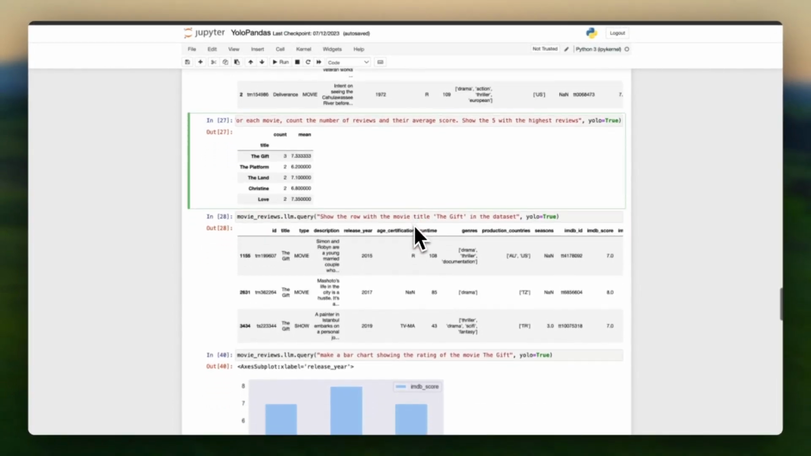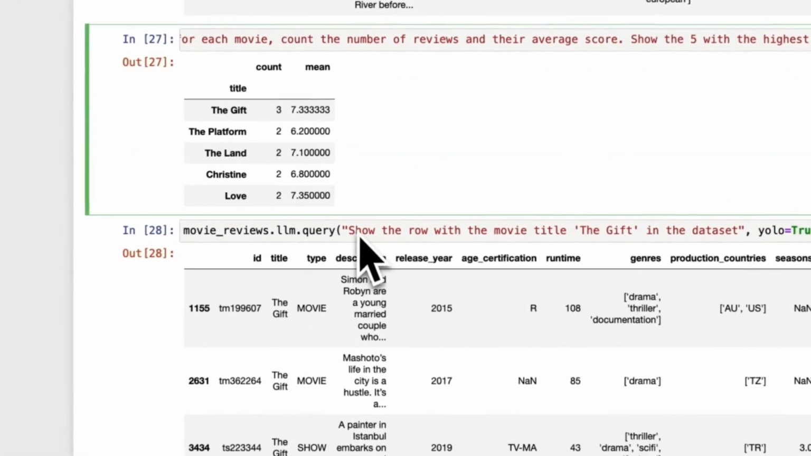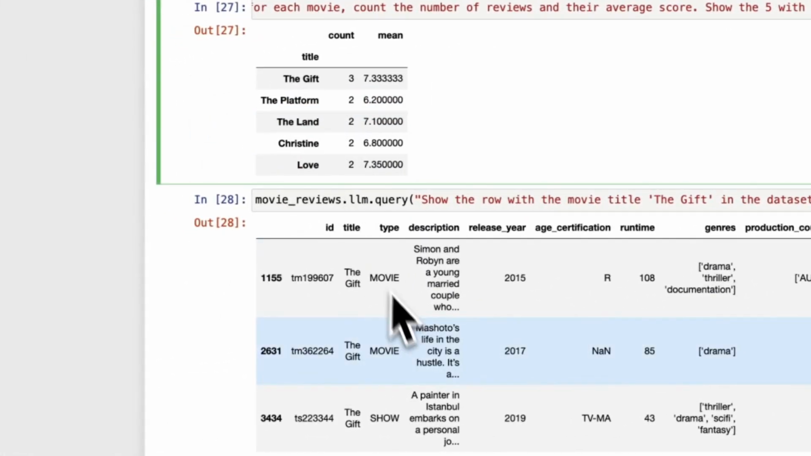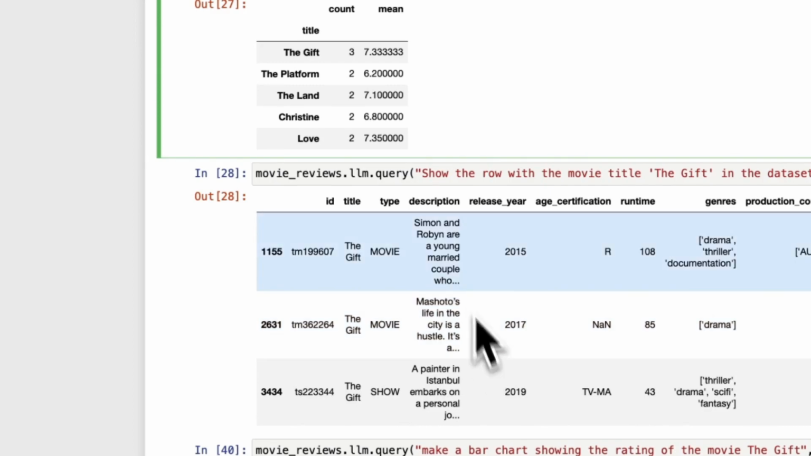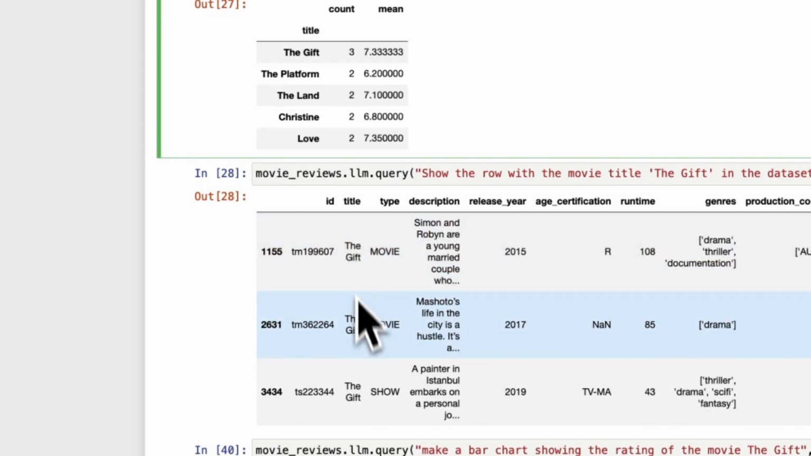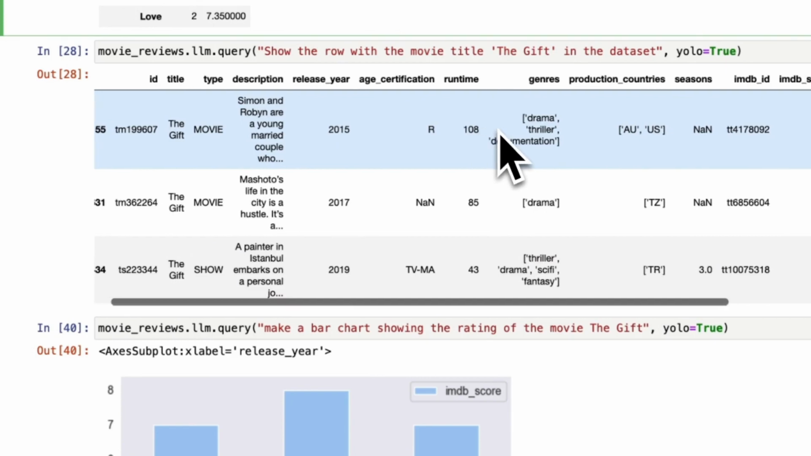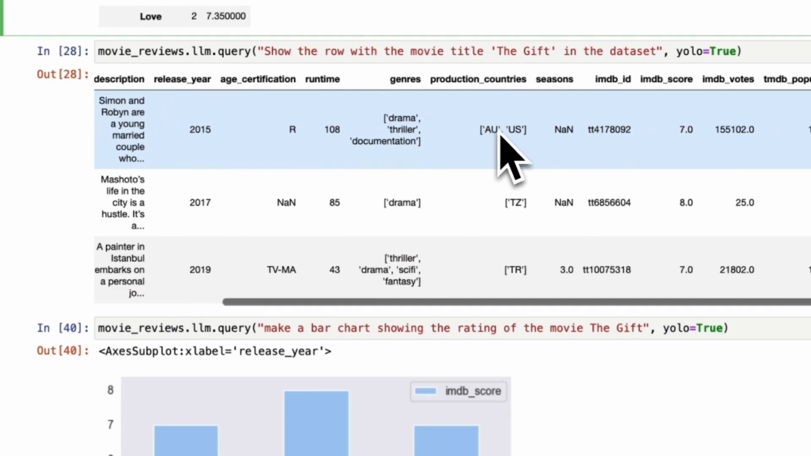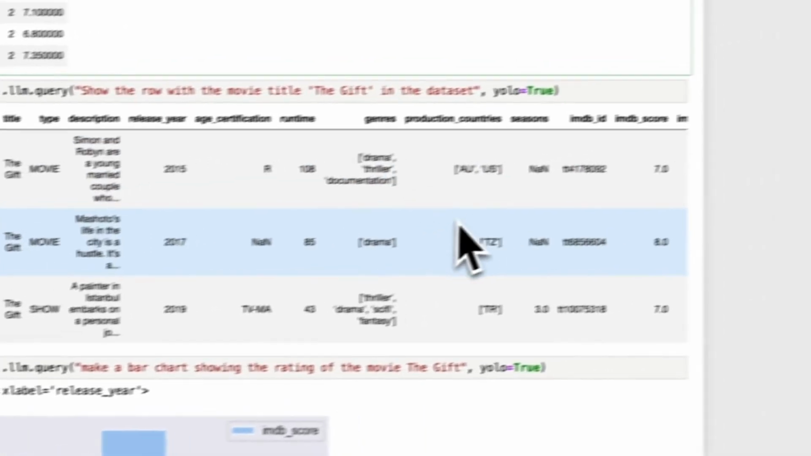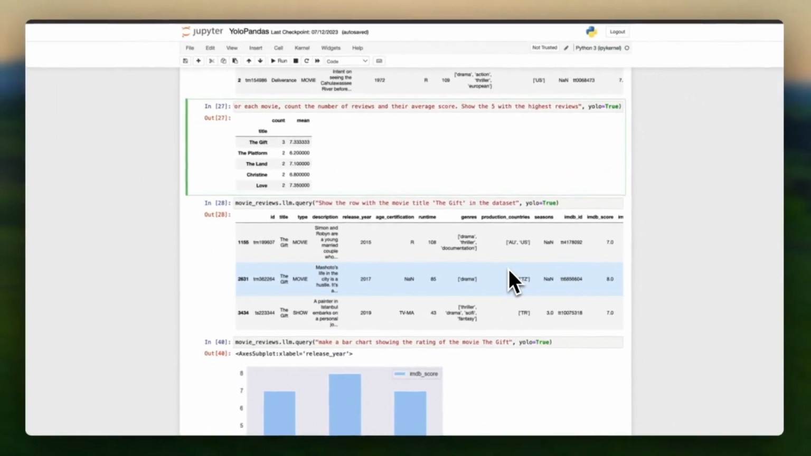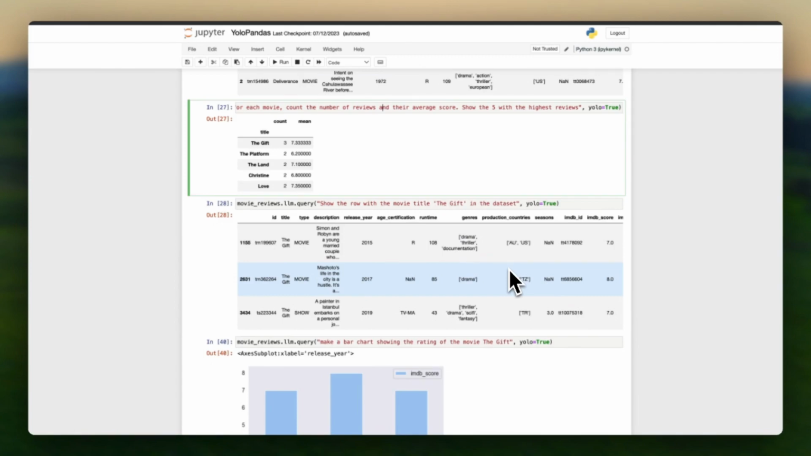Aside from that, I did something else, which is: show the row with the movie title The Gift in the dataset. I also wanted to see what's up myself. And as you can see, we have The Gift. It brought out three responses, and this is everything about the movie. So you can use YOLOPandas for your exploratory data analysis. Just check everything, do your data analysis, and no stress. I'm telling you,